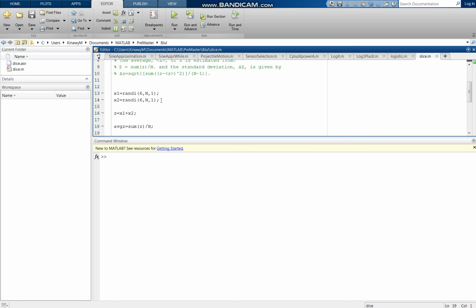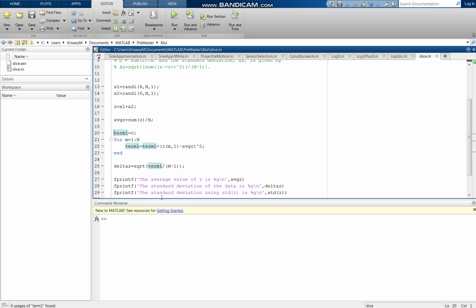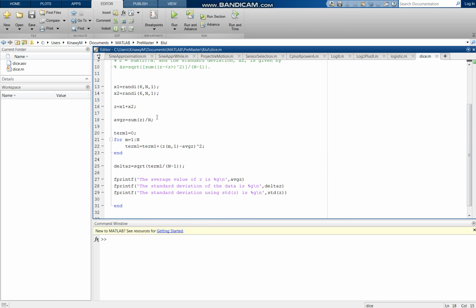The average value is the sum of z divided by the number of values in z. This is the first thing we want, the average value of z. Here we compute the standard deviation, and to do so we define a variable. We call it whatever we want. Say term 1, we assign it an initial value of 0, and here we enter a for loop to